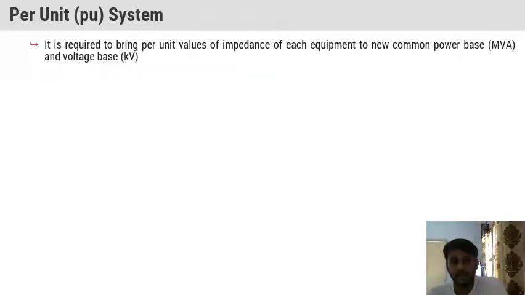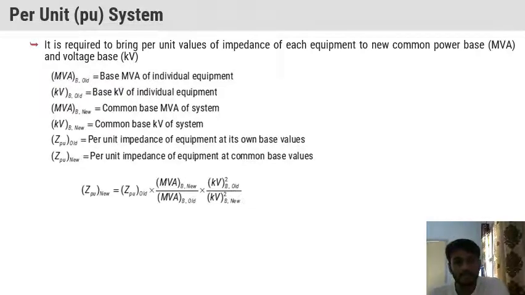Okay, so now another problem is that when we change the MVA value and KV value, its per unit value of impedance will change. So whenever we change either of the two quantities, MVA base or KV base, we have to convert the per unit impedance to the new base values. Okay, so how can we convert? This is the MVA base old, this is KV base old, this is our new MVA base, and this is our new KV base. Then we also have a Z per unit old, and we want to calculate this Z per unit new. According to the equation, we have this equation to calculate the Z per unit new.